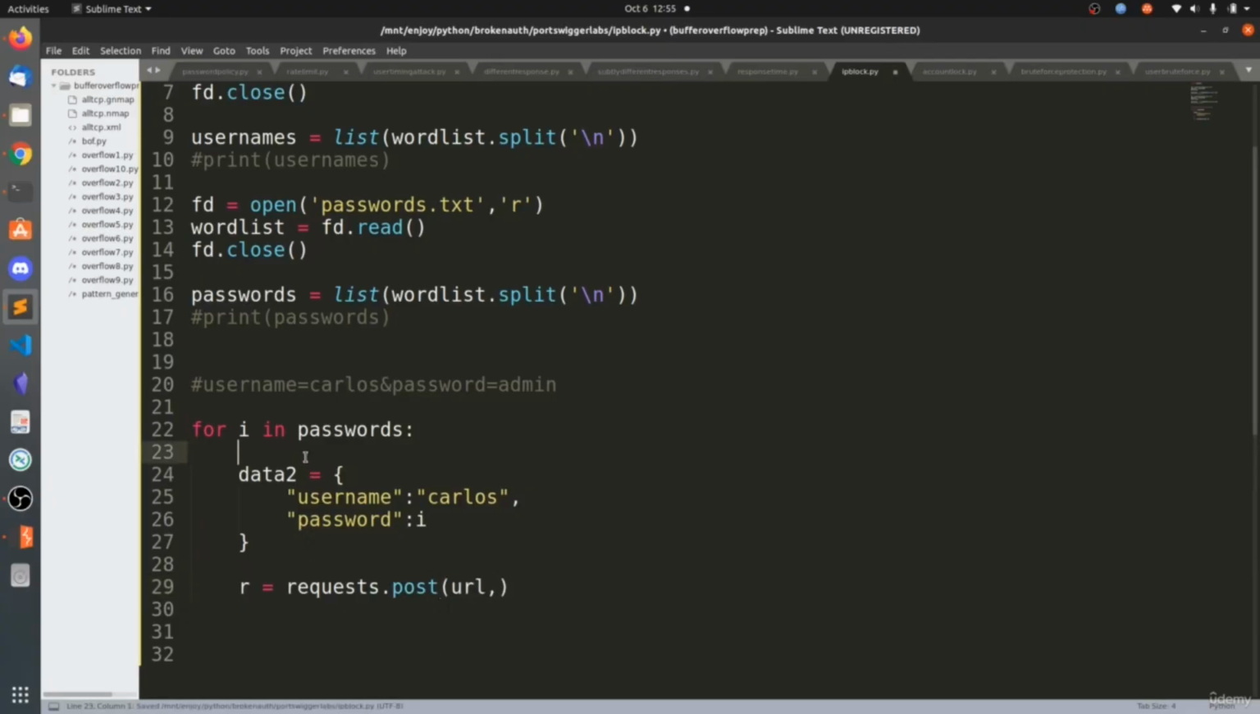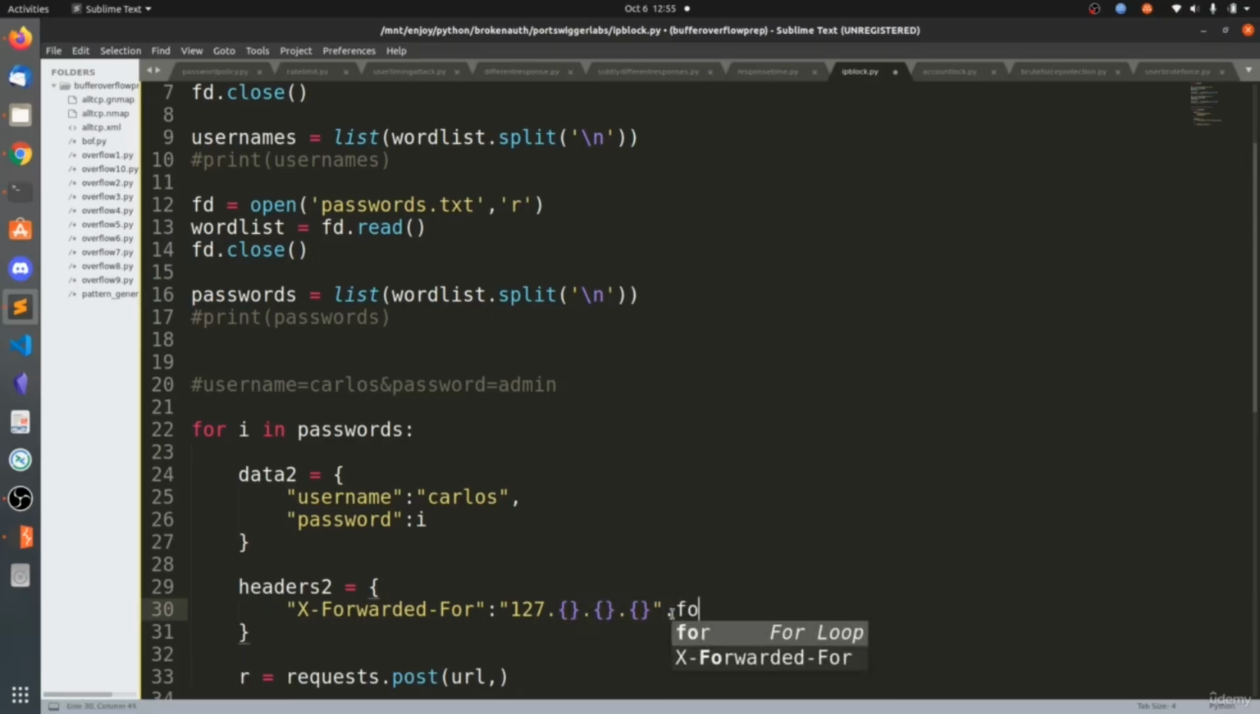Let's also add the random headers. headers2 is equals to X-Forwarded-For: 127, and we are going to randomize 0.0.0. So we are going to randomize these three octets. .format of,